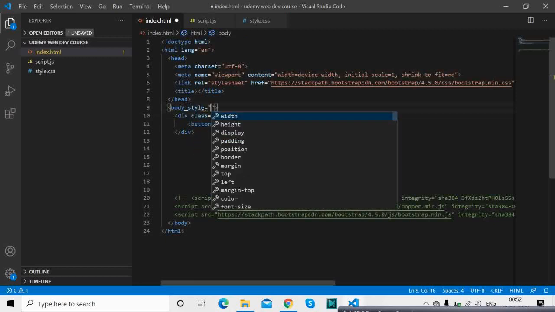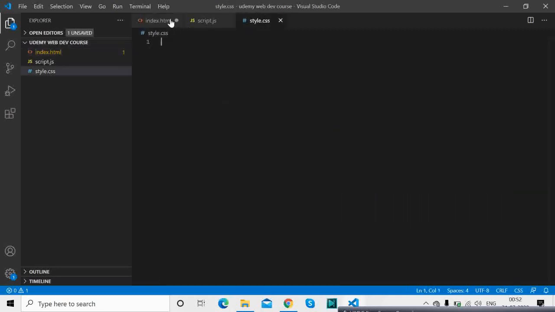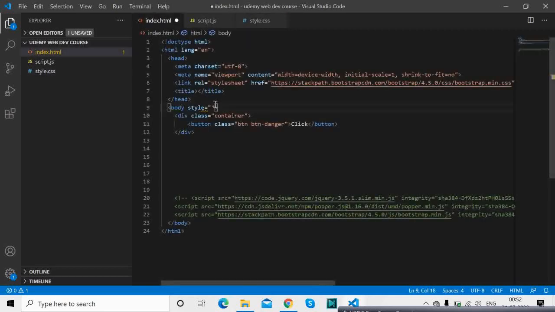This is called inline styling. If you want to work faster, and it's a short piece of code, you can provide the style directly within the HTML tag. We'll give it a padding-top of, let's say, 50 pixels, so that we get a little bit of gap over here.